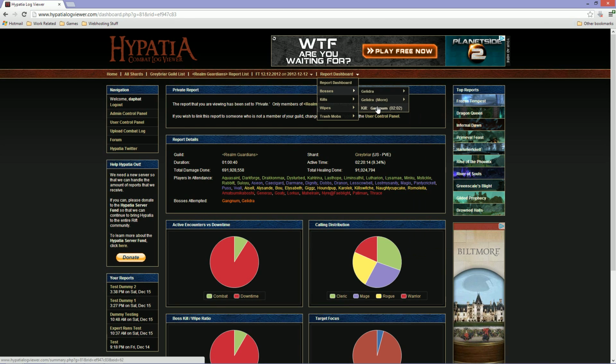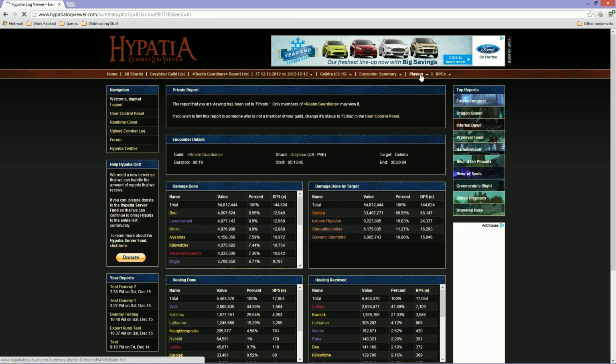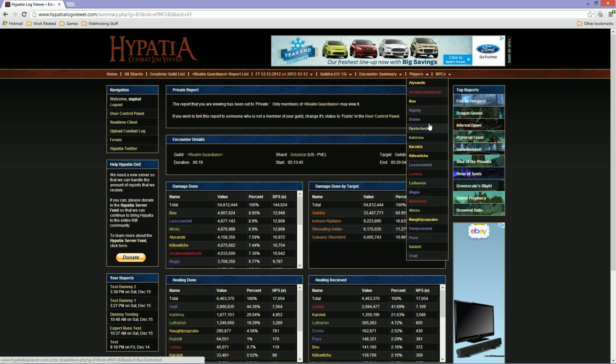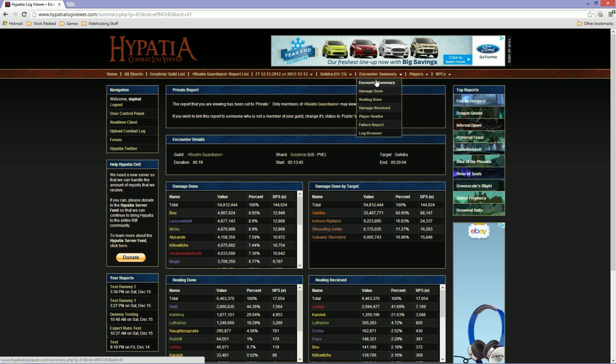Once you select a boss, which I'm going to go ahead and show the kill that we had on the first boss in FT, you will see that the top bar will actually have additional options. You can choose the NPC that you were looking at. You can look at a specific player and what their particular damage output was, or you can look at encounter summaries. And in this case, I'm going to first start off by looking at the encounter summary page, which we're